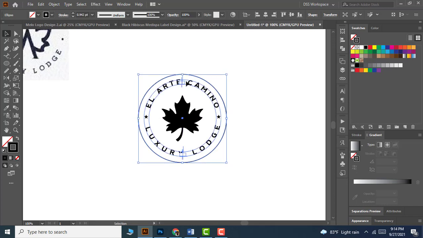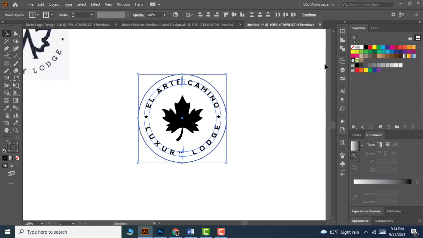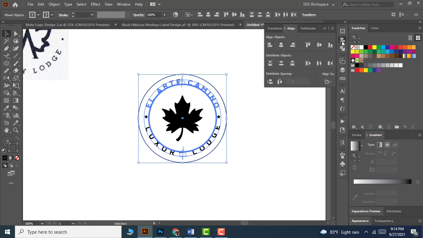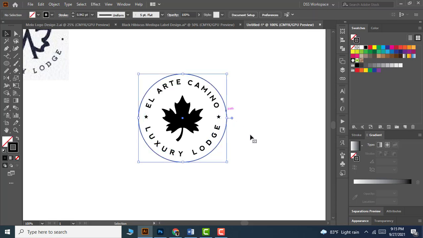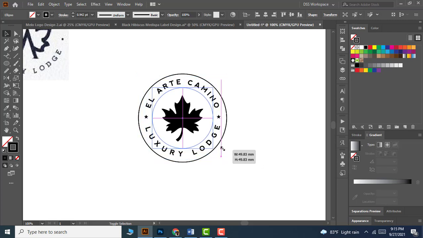So I'm going to select the circle and text elements together and click to activate the text as a key object. Then from the align panel, click horizontal align center, vertical align center. There we go. Now again, I can select a circle shape and make a duplicate of it. So tap Control C, Control F. Then reduce the size of that circle like this,